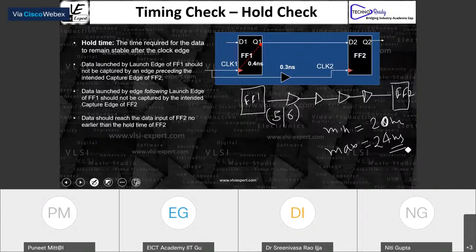Now, if this point is clear, let's try to understand from the data point of view. Data A at a clock, you're launching it. Now you want to understand at what time it is going to reach FF2.